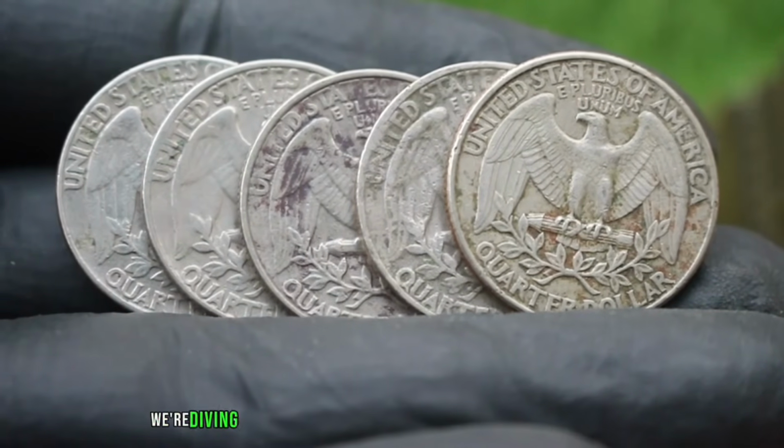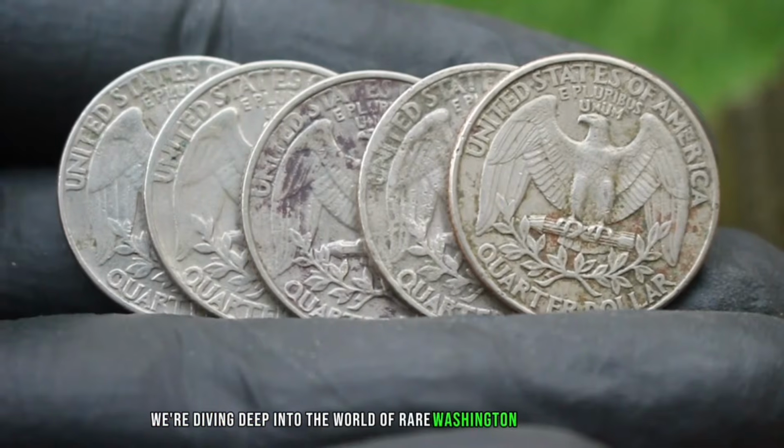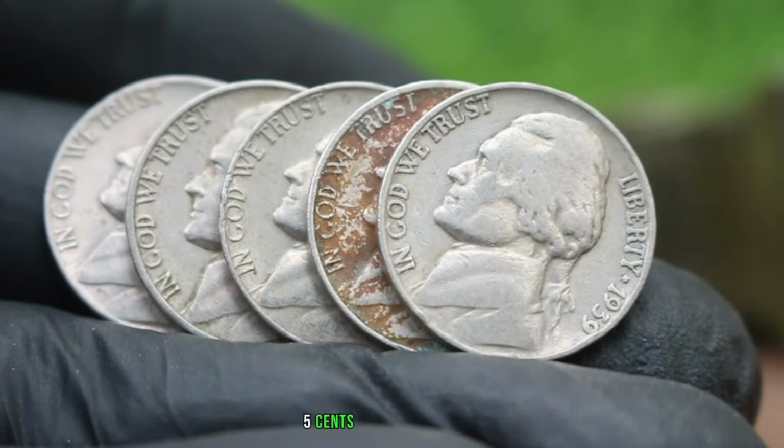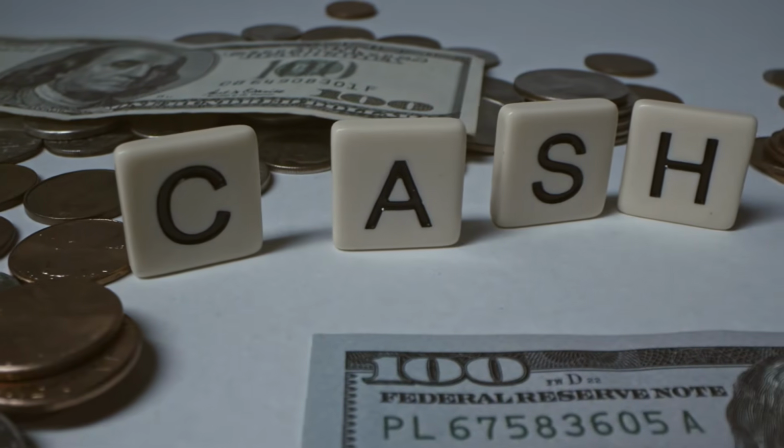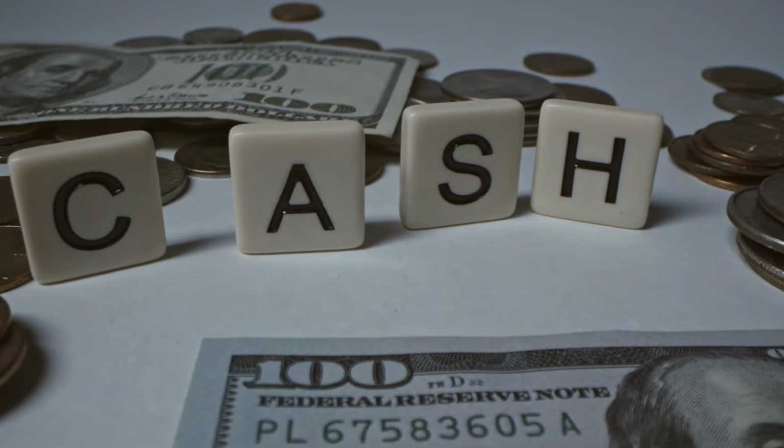Today, we're diving deep into the world of rare Washington quarter dollars, Monticello 5 cents Jefferson nickels. But not just any coins, we're talking about the ones that sold for thousands of dollars at auction, so let's